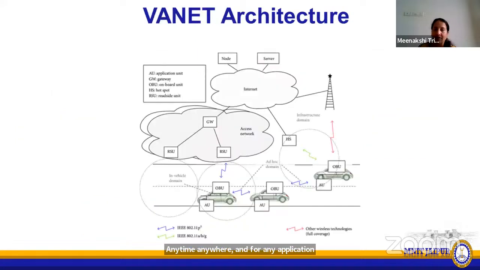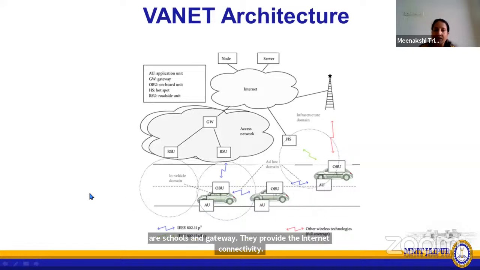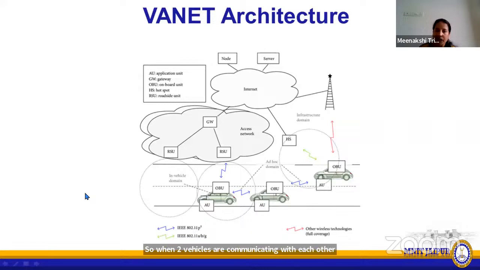When I'm talking about VANET, as you might have heard of this term, this is the vehicular ad hoc network, which is a very integral part of the intelligent transportation system. When we talk about its main components, as shown in this figure, you can see it has various vehicles which are moving on the road. Along with this, they have the roadside units, RSUs, and a gateway, and through these RSUs and gateway, they provide internet connectivity. When 2 vehicles are communicating with each other, it's vehicle-to-vehicle communication, and they use